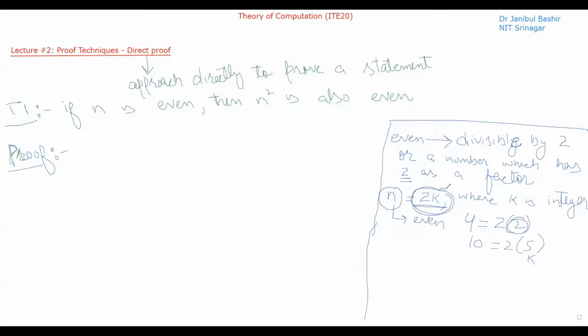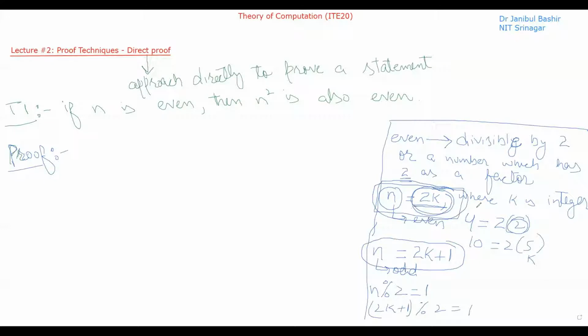So we can say any even integer can be written like this. And any odd integer can be written as 2k plus 1, because when we find the mod of an odd number with 2, it should be 1. Now let's do mod of 2k plus 1. It will also be equal to 1. So any odd number can be written like this, 2k plus 1, where k is an integer, and any even number can be written like this, n is equal to 2k, where k is an integer. So you have to remember this.